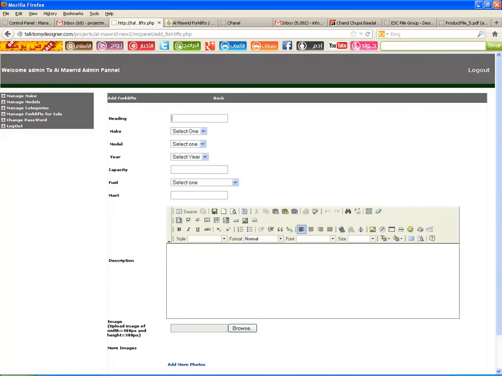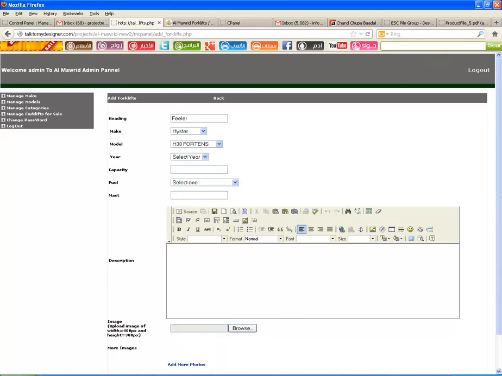Here I am giving a heading, like feeler. And the make I will select as Caterpillar, for example, or Hyster. I put Hyster here, and model I select H30 410s.